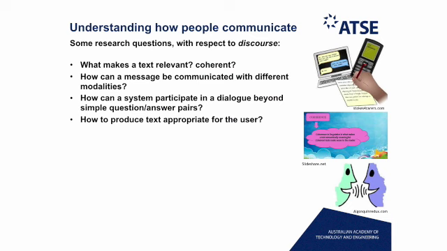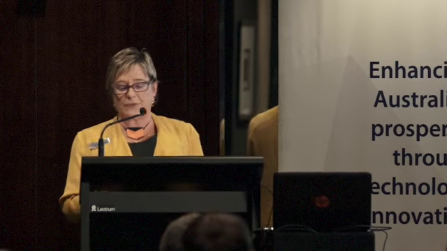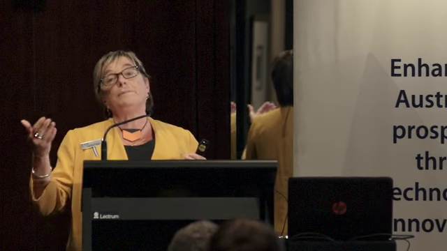Because otherwise, I cannot tell my computer, please be coherent. It won't quite know what that means. So I need to be able to formalize that. So we've developed a number of systems to operationalize this idea. And when I was in the US at the Information Sciences Institute, we developed one of the first systems capable of reasoning about its own behavior to then be able to produce coherent text and participate in a dialogue where the user can question what the system says, and the system needs to understand that. And the system was the basis for a number of other systems, including multimedia.